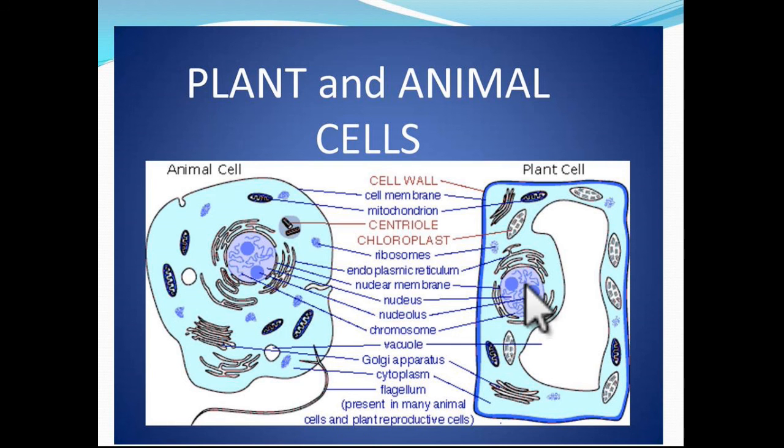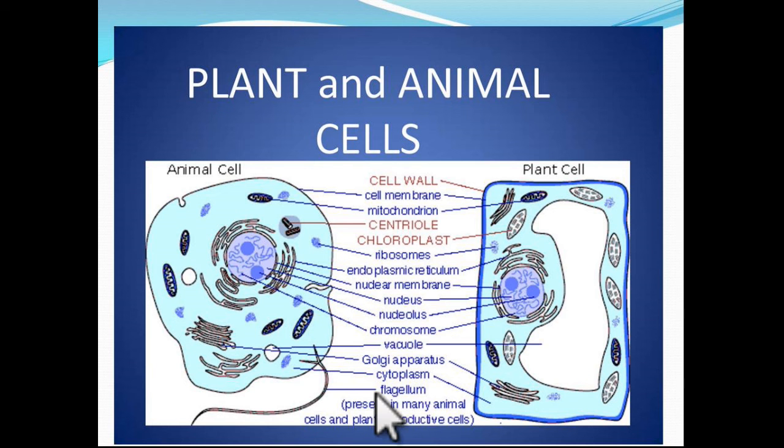Because of this the nucleus shifts towards the plasma membrane, and this is the nucleus. Then children, next is the cytoplasm. Cytoplasm is a jelly-like substance which fills the whole of the animal cell as well as the whole of the plant cell. It is found between the nuclear membrane and the plasma membrane.